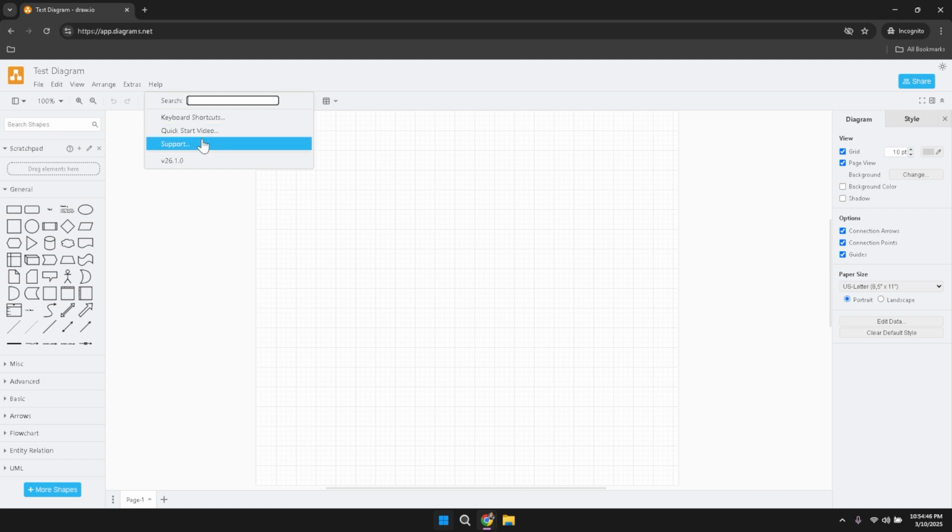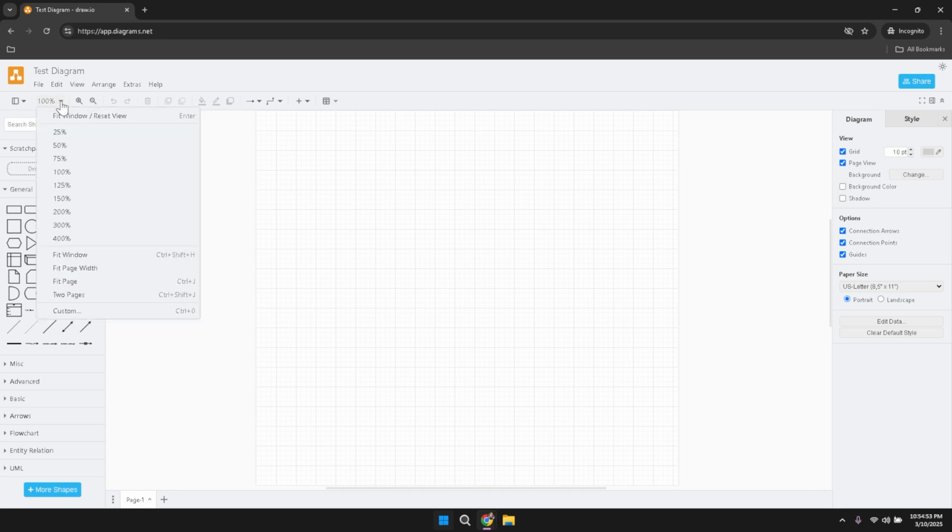Moving down from the ribbon just below it, you'll encounter the toolbar. The toolbar is filled with essential tools that facilitate the creation and editing of your diagrams. Among the primary functionalities available here are zoom controls, which allow you to adjust the magnification of your workspace to focus on specific areas or get an overview of your entire diagram. This flexibility is crucial for maintaining precision when working on detailed sections, or ensuring that you can easily navigate through